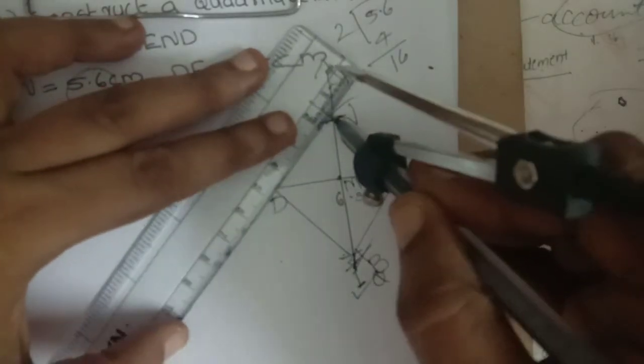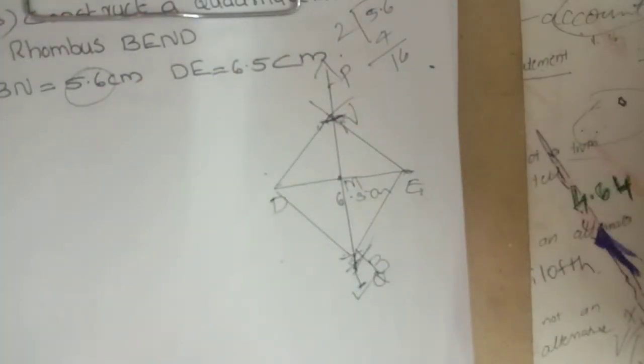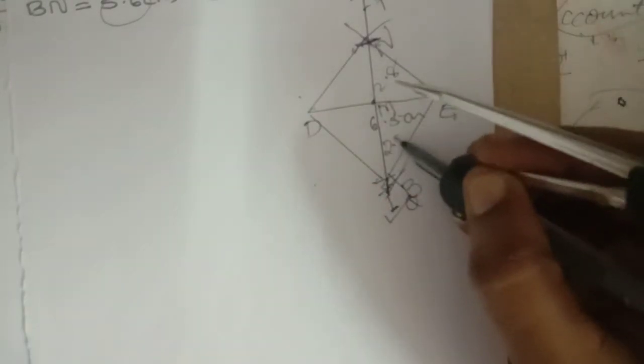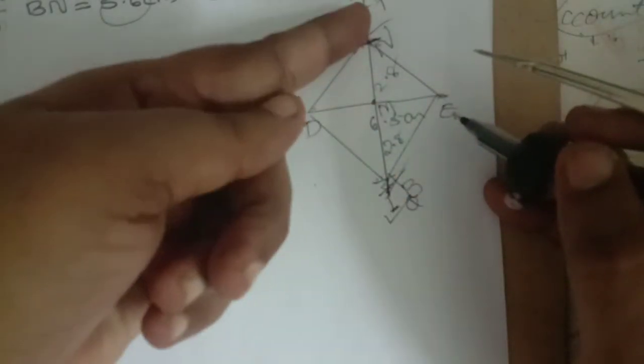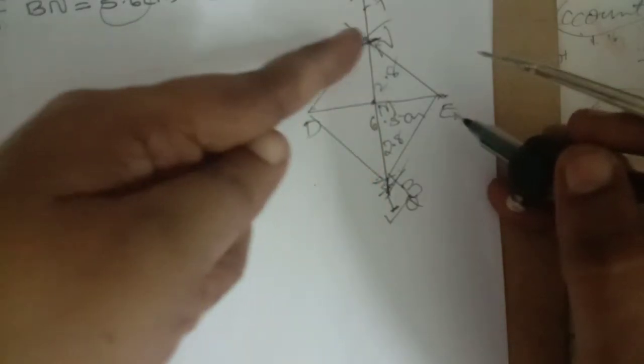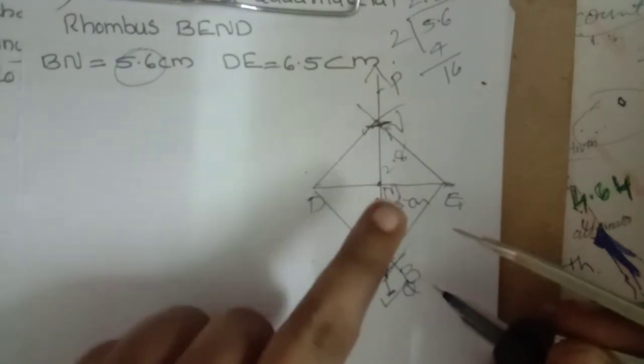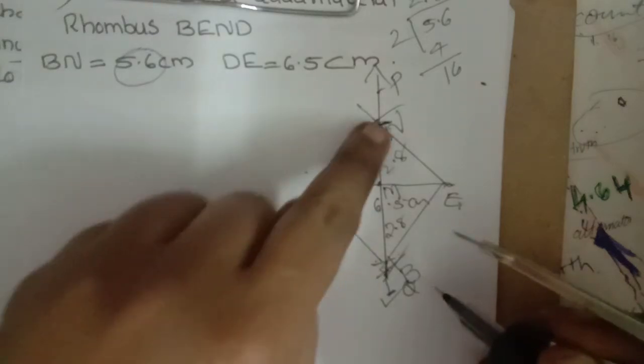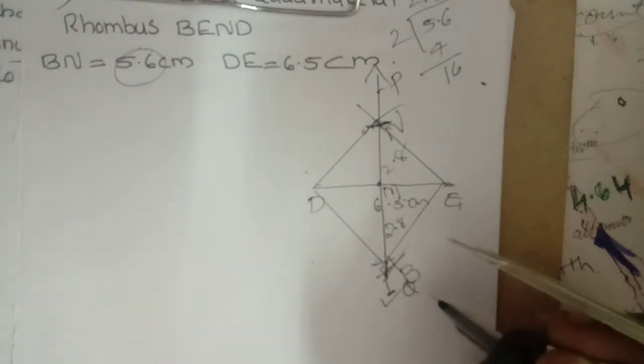So in this way the diagram will come. This is our rough sketch. Here to here distance is 2.8. Here to M, this side B distance represents 2.8 plus 2.8, which becomes how much? 5.6. That's why BN distance, how much did they give in the question? 2.8 plus 2.8 adding, 5.6. So BN distance is clearly 5.6. Using this measurement we start.